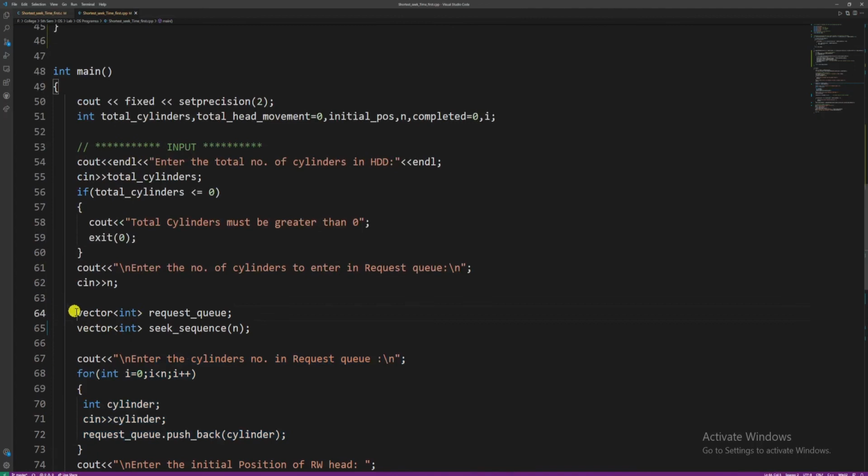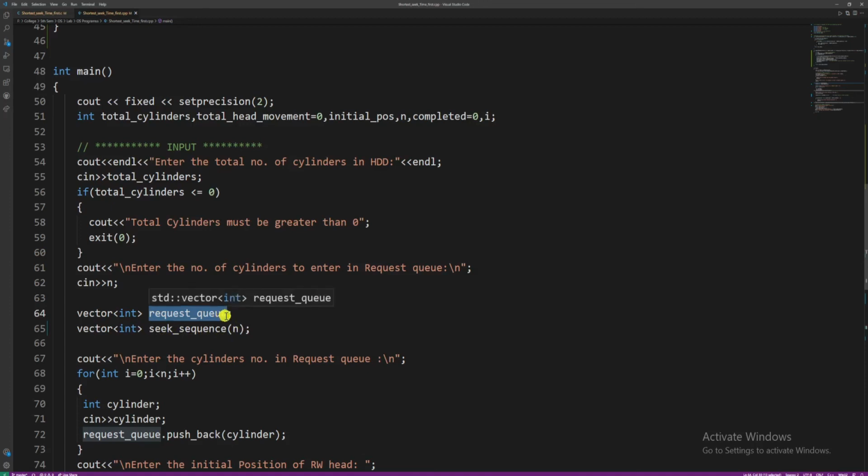The request queue and the seek sequence are both taken as vectors. The request queue will contain all the integer cylinder numbers, so I have taken int. The same way seek sequence will also contain the various cylinder numbers, so it is also of type int. I know that seek sequence will be of length n, so I have initialized the length of this seek sequence with n.